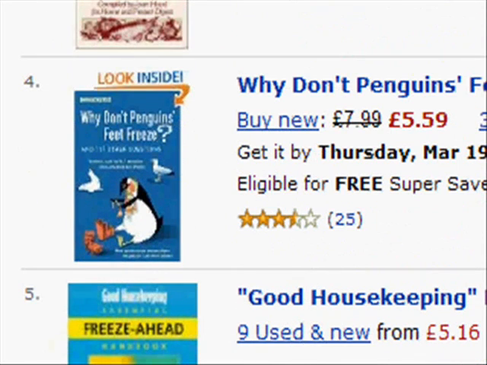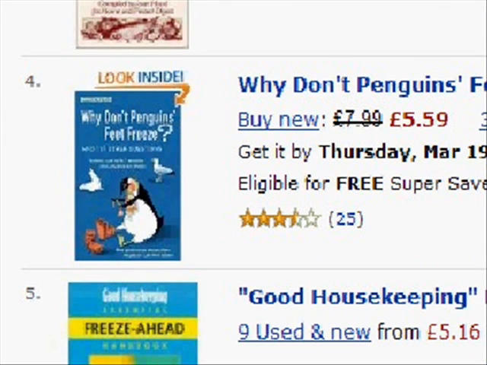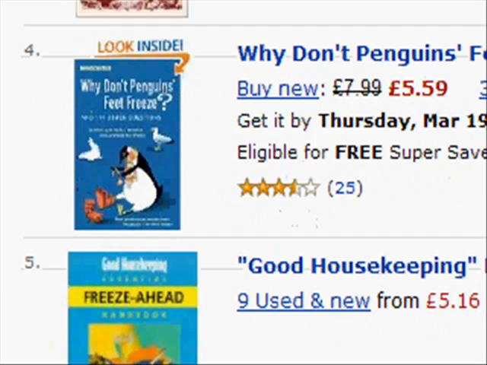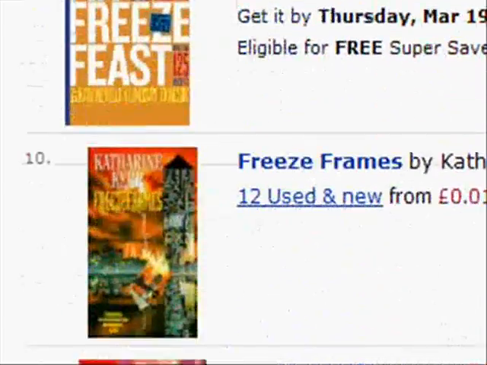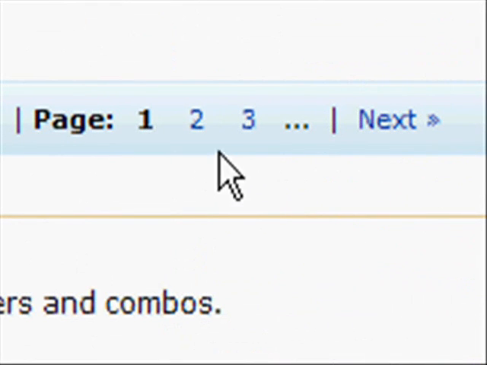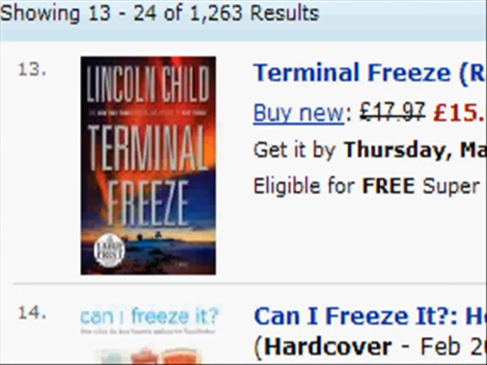Here's why don't penguins' feet freeze, but there's a big problem here. There's a function which allows you to browse some of the pages in the book, and that function is called Look Inside. Do you see that at the top? Whenever you find an image of a book cover that says Look Inside, you can't use it, so forget it and just keep going on. So let's scroll down with freeze ahead, terminal freeze, keep going until we find something we like, go on to the second page if necessary,